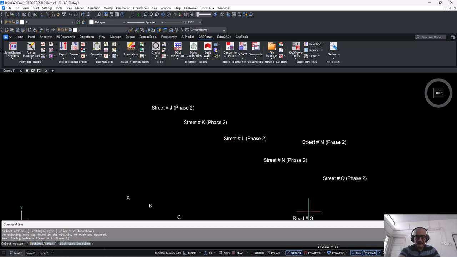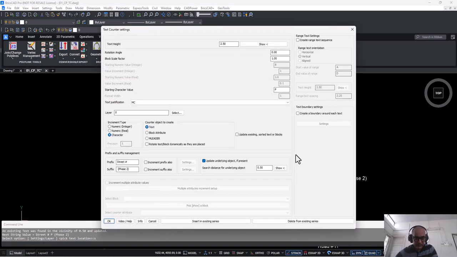So you can see that whatever was road number and phase 1 is now automatically changed to street number and phase 2. Why I am showing you this option is because this is a very common scenario in most projects. You create a series of text which represents your design intention, and then there is a change in specification, and often it's a tedious job to go over the text and redo everything. But with CADPower, with this particular tool CP_TC, which is available in the text menu, you can do all that